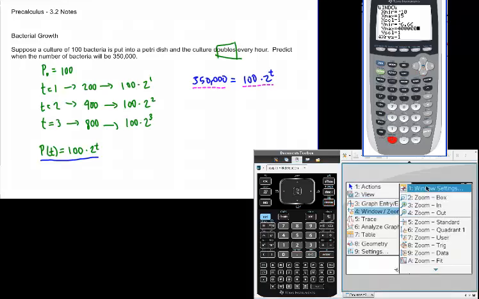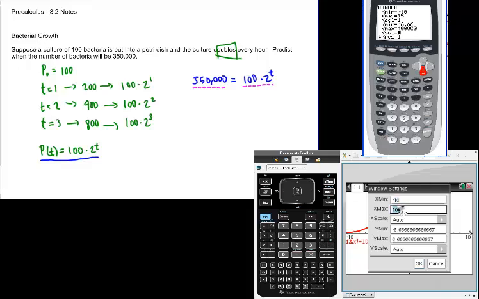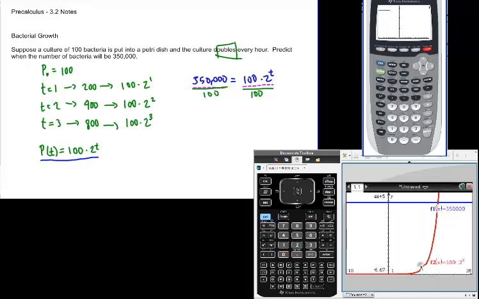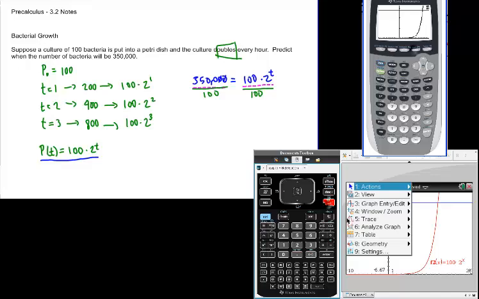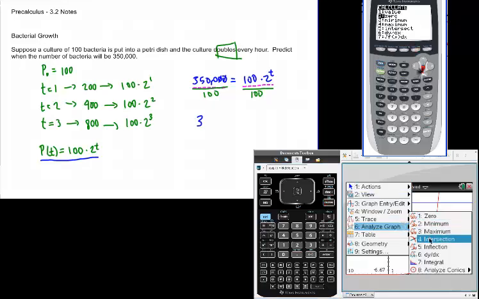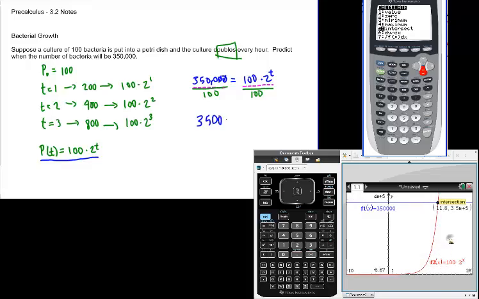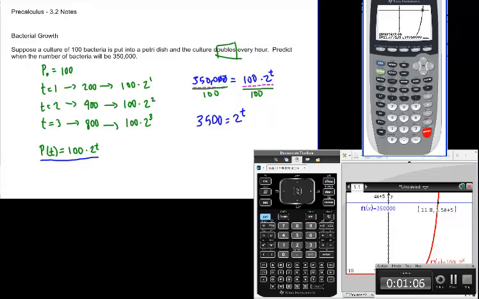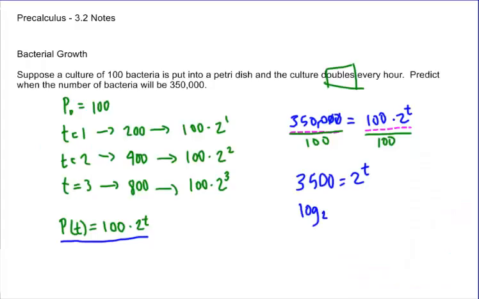Or you can go ahead and solve these out by dividing both sides by 100. And so when you do that, you get 350,000 divided by 100, so you're going to lose 2 zeros. So you're going to end up with 3,500 equals 2 to the t. And then you can rewrite this as a logarithm. So this would be log base 2 of 3,500